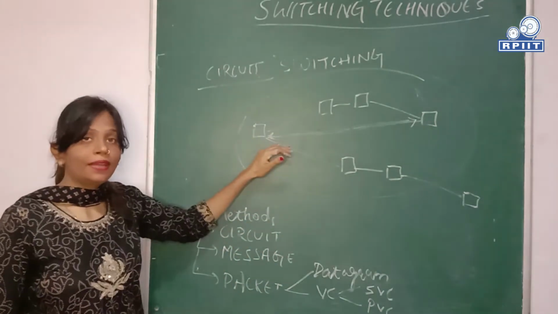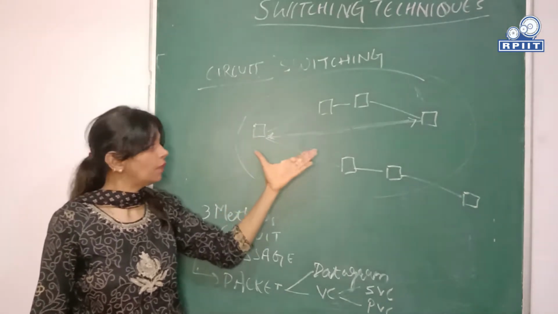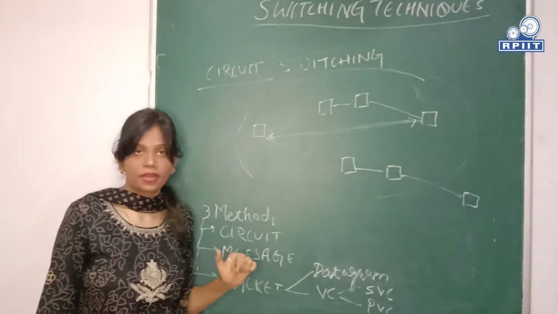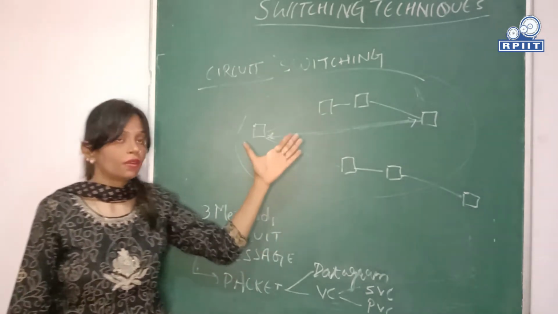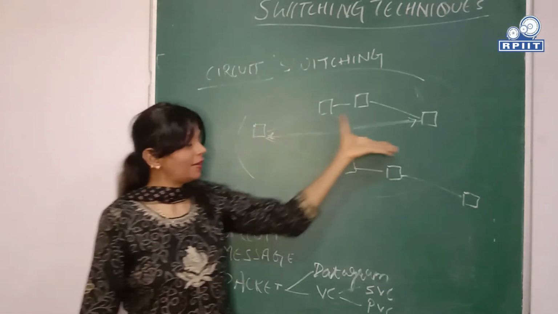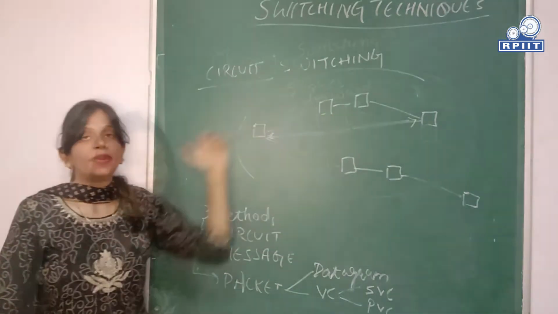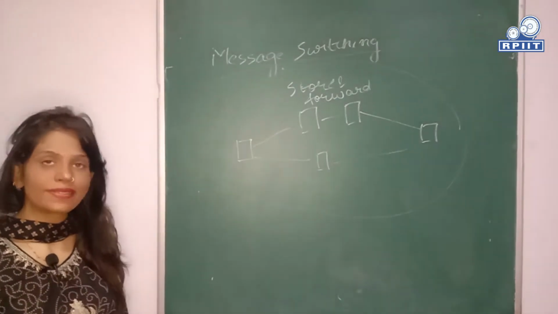But in this technique, propagation delay is there. What is known as propagation delay? Before establishing any kind of circuit, there is a delay in creating or establishing a circuit from the sender side to the receiver side, or between the two. I hope circuit switching is clear to you all.